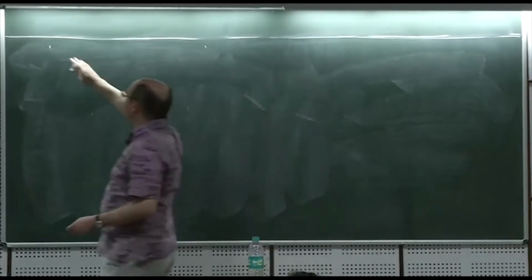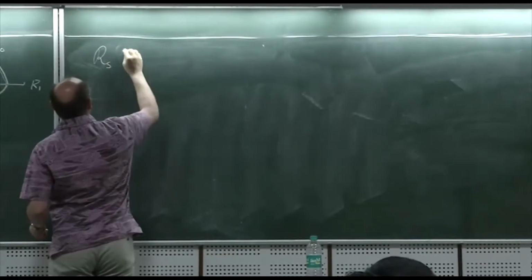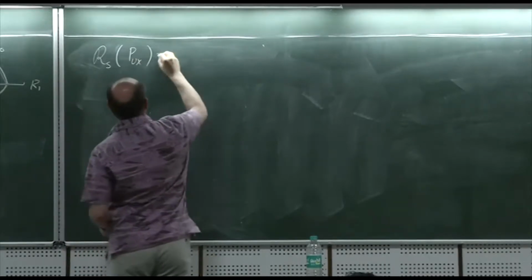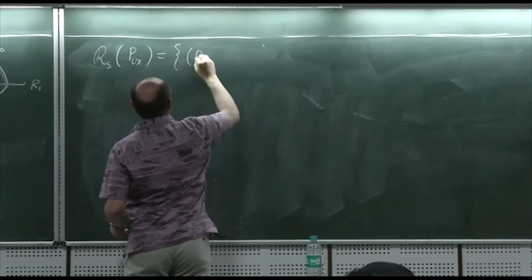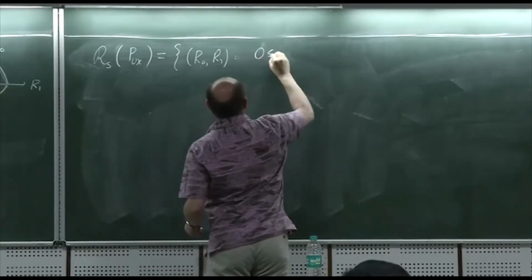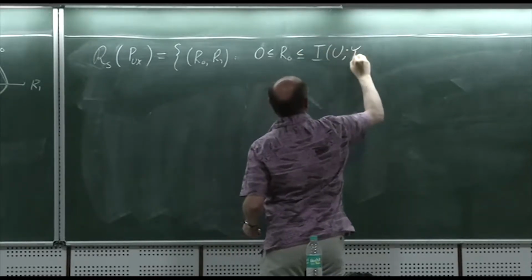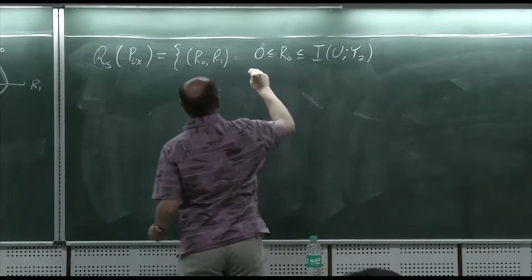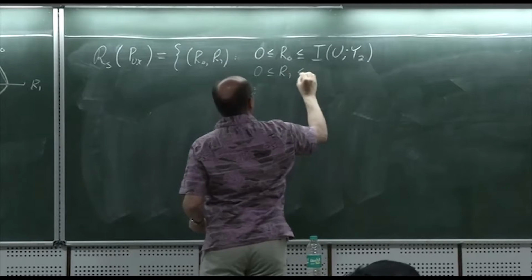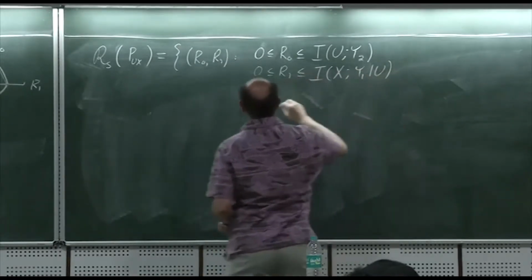Okay, so the achievable rate region, let me write it like this, R of superposition of PUX, that's what we need to optimize, is the set of rate pairs R0, R1, such that 0 is less than or equal to R0, which is less than or equal to I(U; Y2). That's the decode bound for decoder 2. And 0 is less than or equal to R1, which is less than or equal to I(X; Y1 | U), and